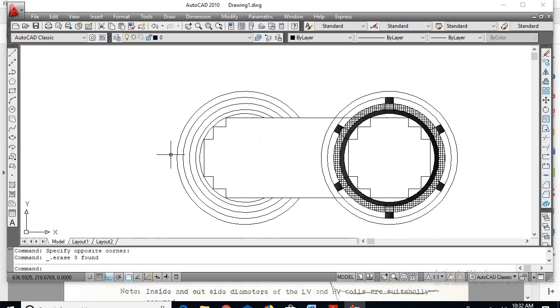So here either it can be like this also, or you can remove certain circles. Okay, you can show the ducts space also here. So same, you can consider the center of the circle, and you can go for showing the ducts here.